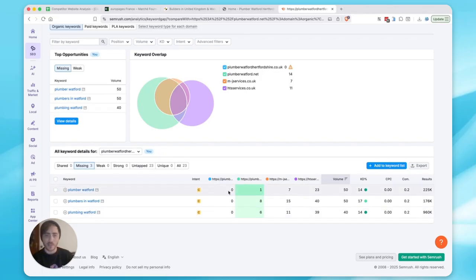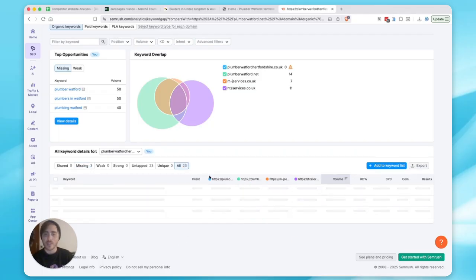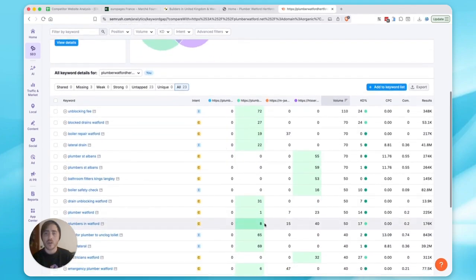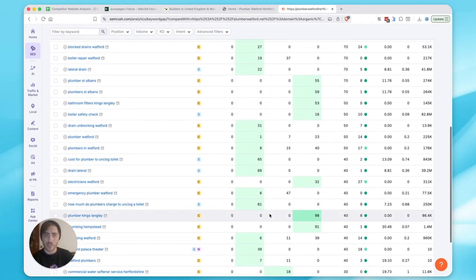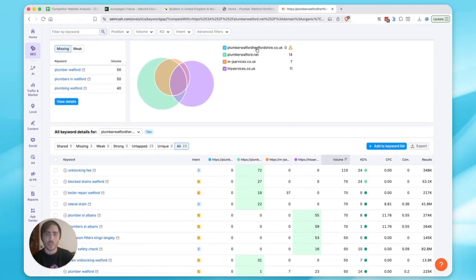I'm not ranking for any of these, apparently. And we can see that obviously ours, these three that are going here: Plumber Watford, Plumbers in Watford, and Plumbers Watford. So I'm just going to click on this All tab so that I can see all of these ranking keywords. Now, I'm pretty sure that at one point in time, Plumber, Watford, Hertfordshire did at least have one keyword,